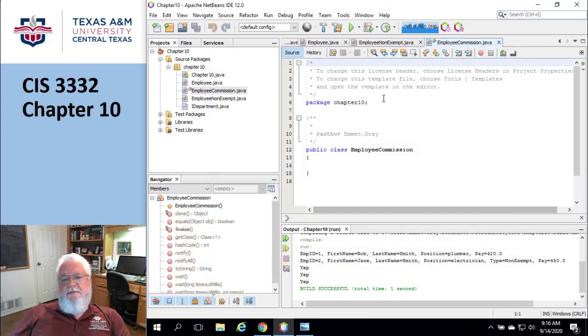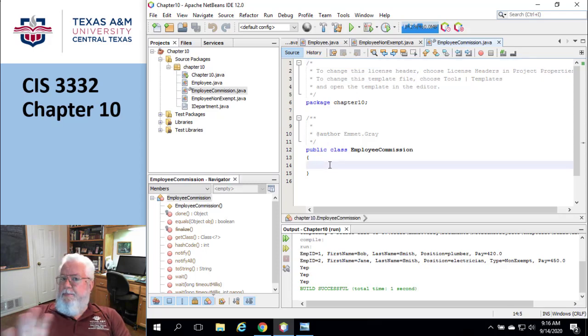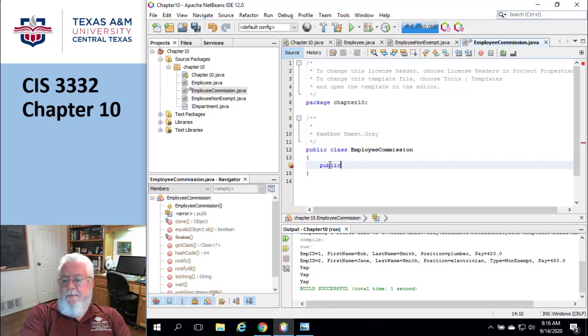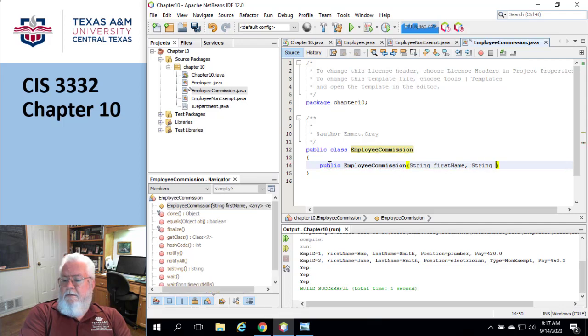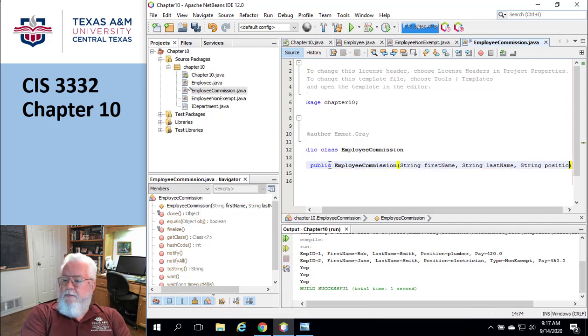So this one is going to be different because I need to add additional things to it. Okay? So for example, the first part ought to be pretty easy. First part is going to be, I'm going to need a constructor. So, public EmployeeCommission, that part's the same, right? And then it's going to be String firstName, dang it, String lastName, String position,